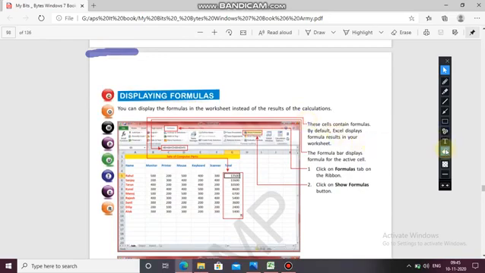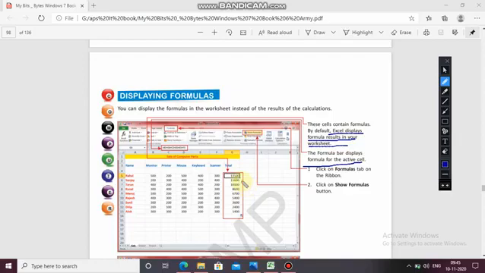Displaying formulas. You can display the formulas in the worksheet instead of the result of the calculation. By default, Excel displays formula results in your worksheet. The formula bar displays the formula in the active cell.